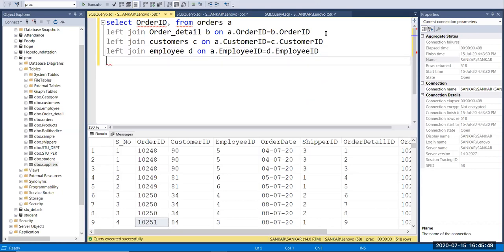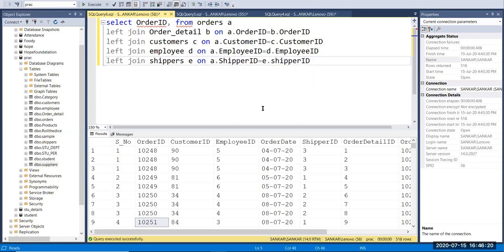So now you connect the employee into your table, and next in the orders table we have customer ID, employee ID, and shipper ID, right? So then finally I'm going to connect shippers, and here I'm going to give E, then on A dot shipper ID equal to E dot shipper ID. That's all.